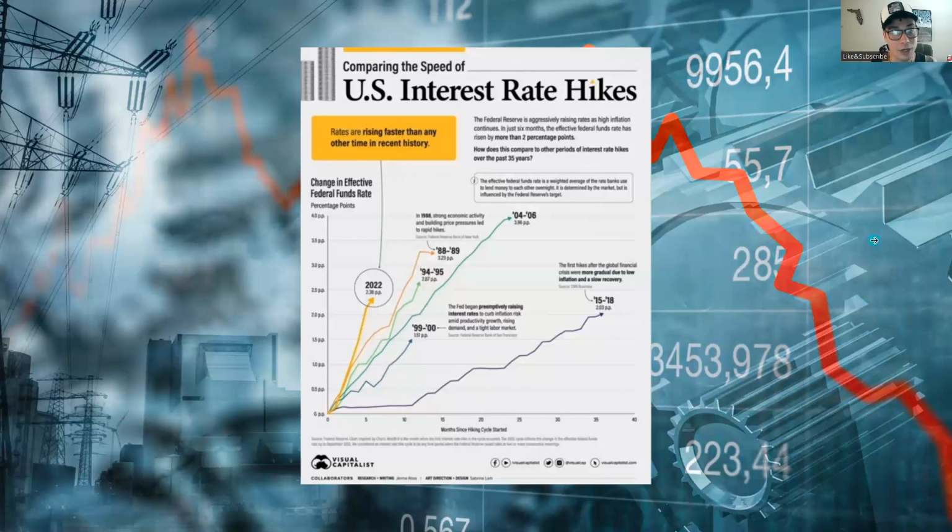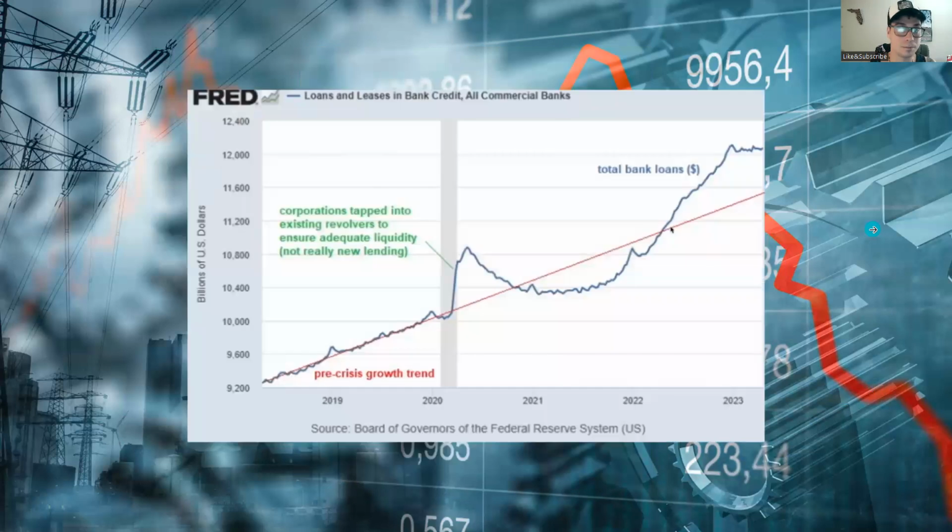Right now, another reason that economists think of a recession is because of the rapid pace of the U.S. interest rate hikes. We've seen a record pace at which they're hiking the federal funds rate. Now, that doesn't mean that it hasn't gone higher before. It definitely has, but the rate at which they're increasing it has just been really, really historic, right? And so that's another thing that has a lot of economists thinking that we may actually see a recession.